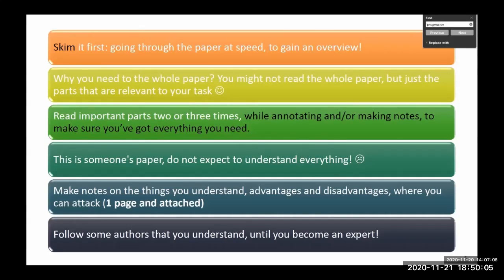So I recommend that all students, when you are reading an interesting book chapter or interesting scientific paper, make your own notes, right? Because your own notes tell you what this paper is about. So it will be just a fraction of a few minutes, and you get to know what it is about. And another piece of advice that I give to my students is, once you embark on your career as a student researcher or researcher, you will understand certain authors